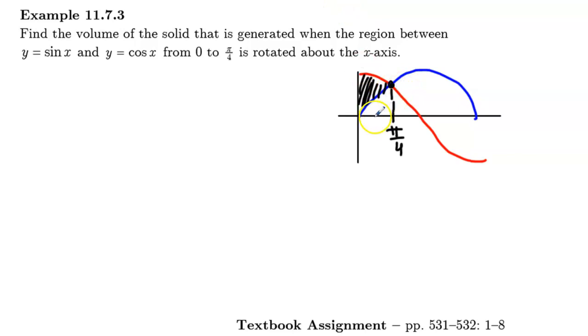The easy way to do this is to subtract volumes. I could take the volume underneath the cos function from 0 to pi over 4, this area in here, revolve that around the x-axis, and then take the white area here underneath the sine function, revolve that around and get a volume there, and then simply subtract the volumes. If I were to do that, the volume would be equal to pi times the integral from 0 to pi over 4